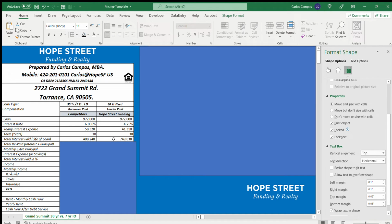You're gonna pay 749,000, and at the 7th year mark, right? Because you have a 7-year loan, you're gonna pay 408,000. Now you're saying, well, it's a 7-year loan, 6% rate. I'll refinance before then. True, you could. That's an option. Or the other option is, if your income is sufficient, you can probably pay this off in